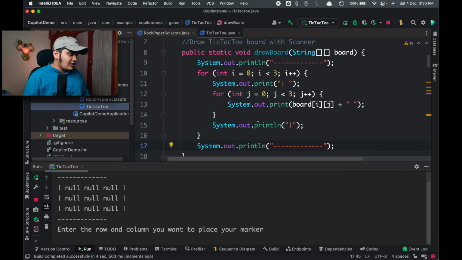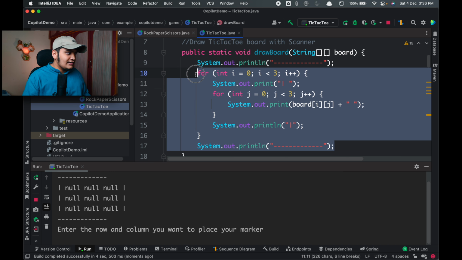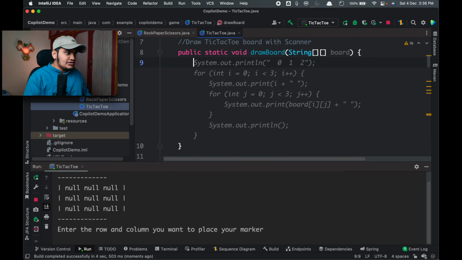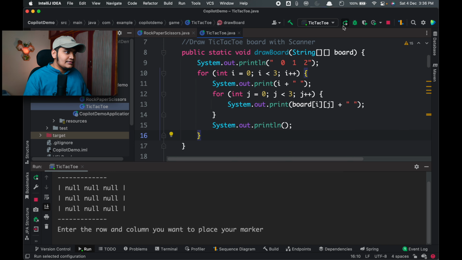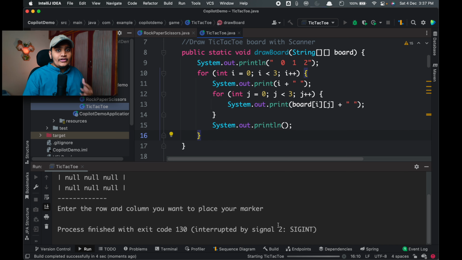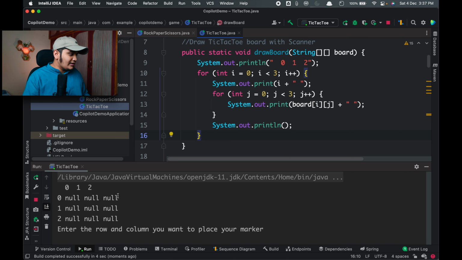Okay, it is taking the null values. I'm not sure if I want this. Is there anything else available? Let's see. Let me traverse through the solutions. Let's see if this works. So it will improve based on the context that you provide. It's still the same, but let's see if our code works.